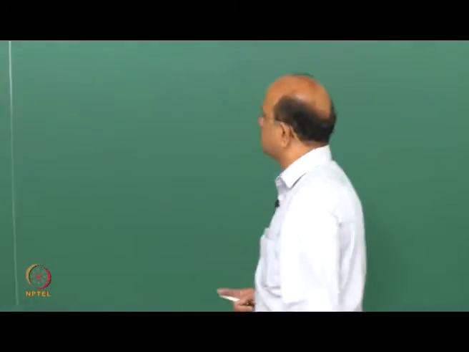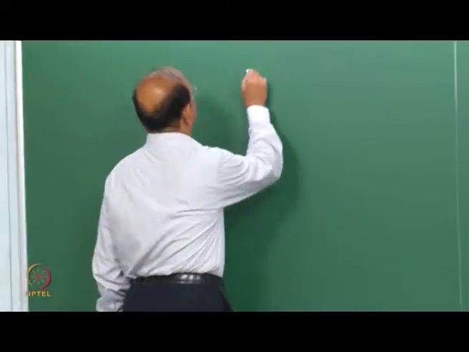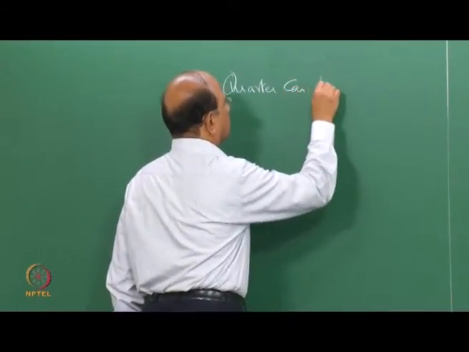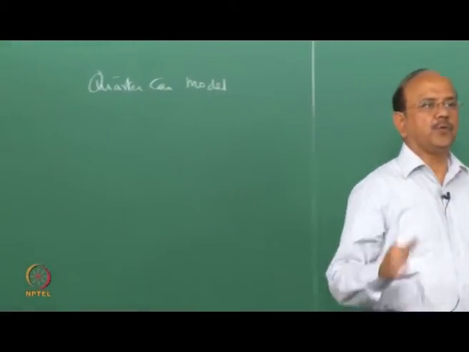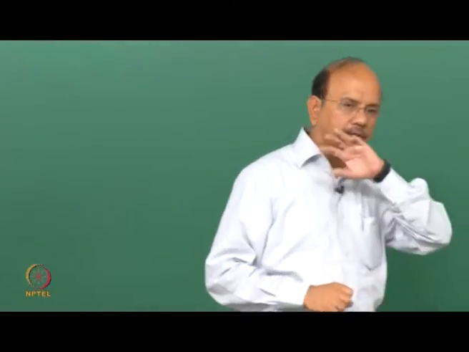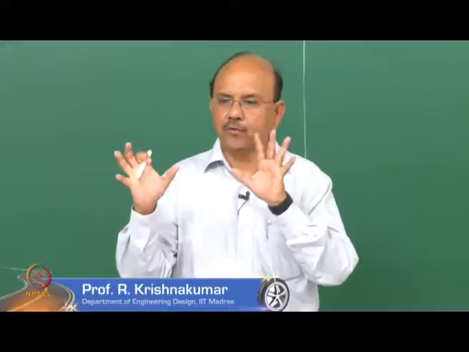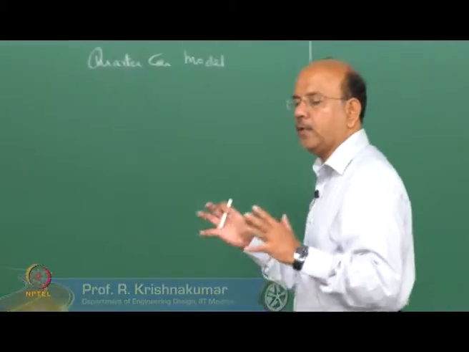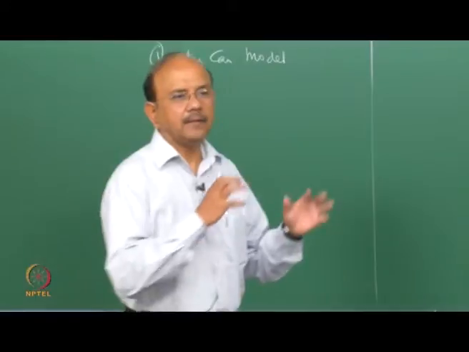In the last few classes, we had looked at the quarter car model. Remember that we reduced this from a half car model. We said that we would be cutting it into front and rear. It's possible to put them also together. And that we distributed the mass of this whole vehicle into two parts, the front and rear part.